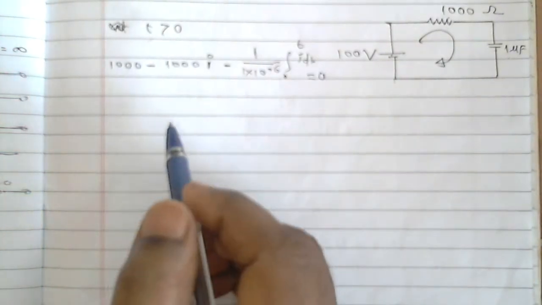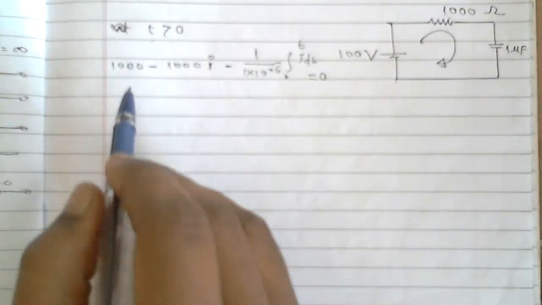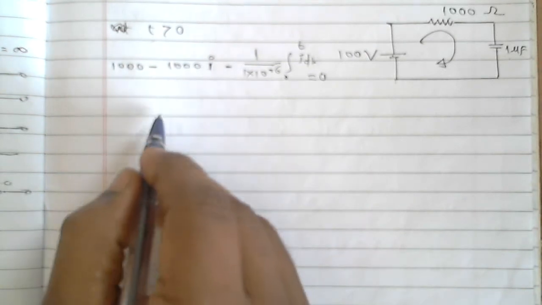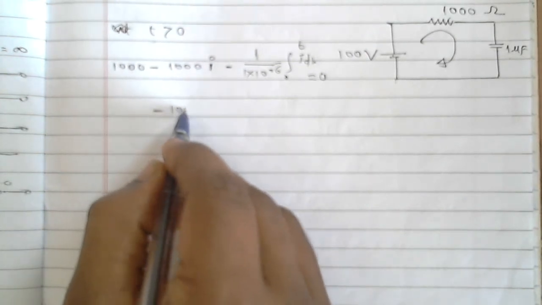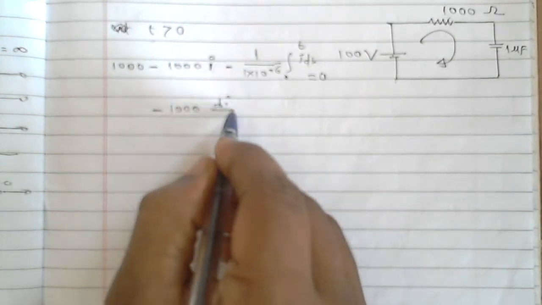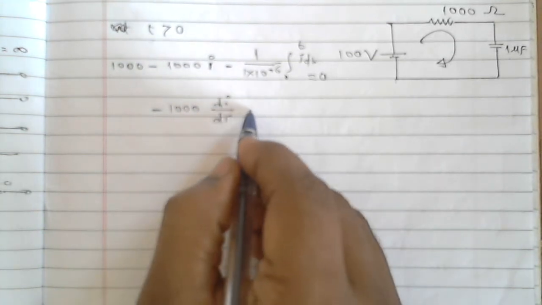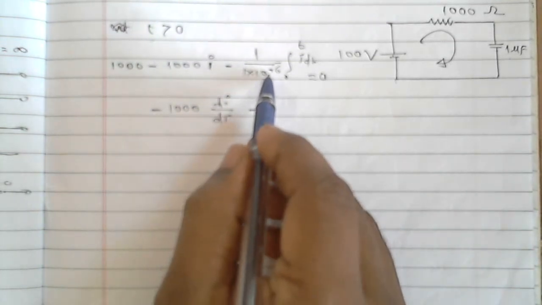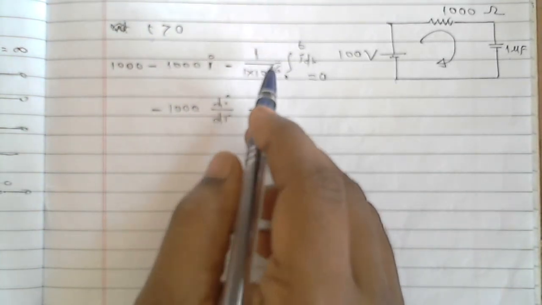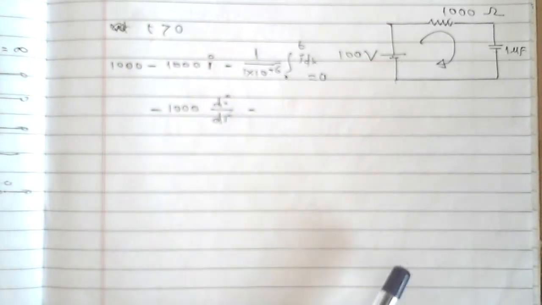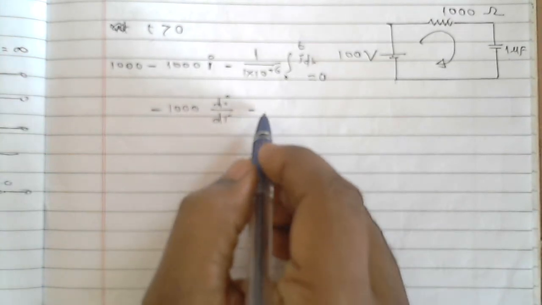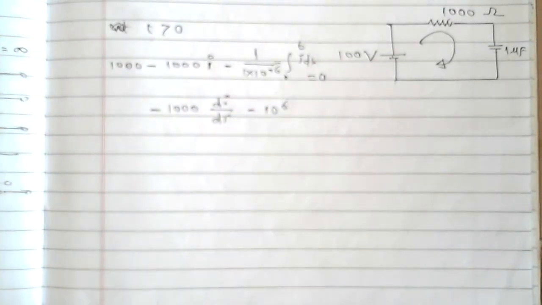When I differentiate, the 100 being constant will vanish, so this will become minus 1000 di by dt, minus this 10 raised to minus 6 in the denominator, which I can write as 10 raised to plus 6, so it will be written as 10 raised to